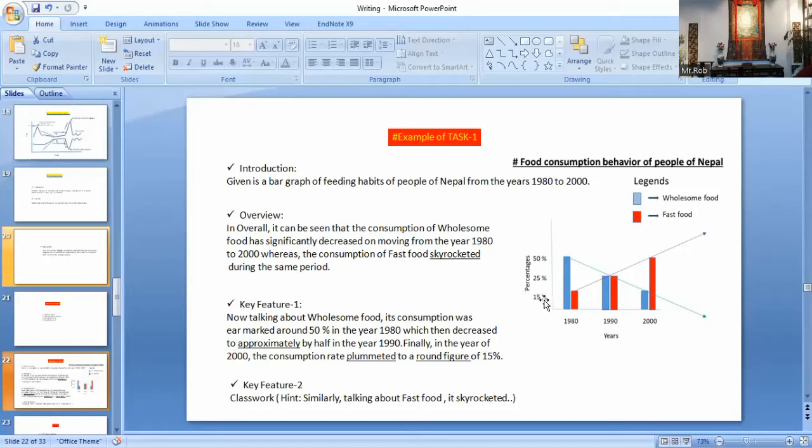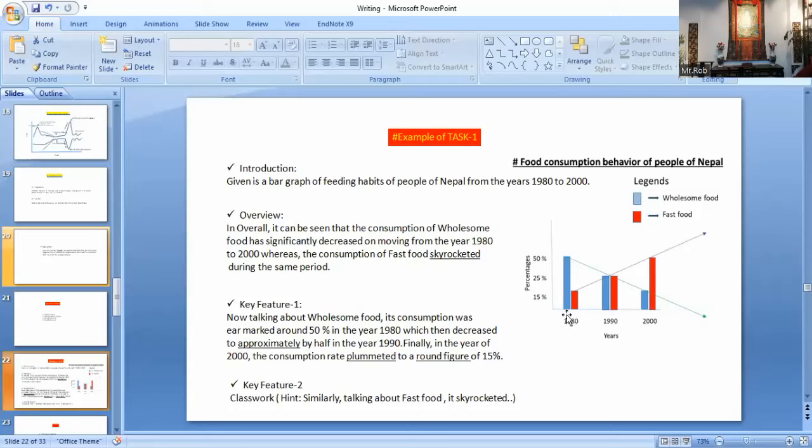And we can see on the y-axis the percentages, and on the x-axis we can see the years, 1980s, 1990, and 2000. We can also see the trend. With the pencil, you can draw a line over these bar graphs, and you can see that